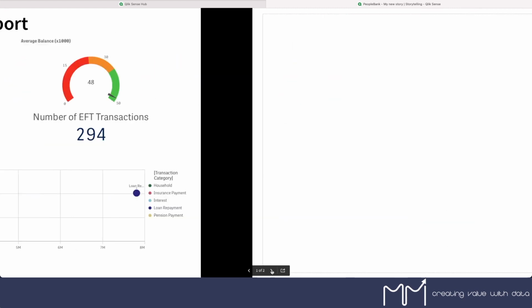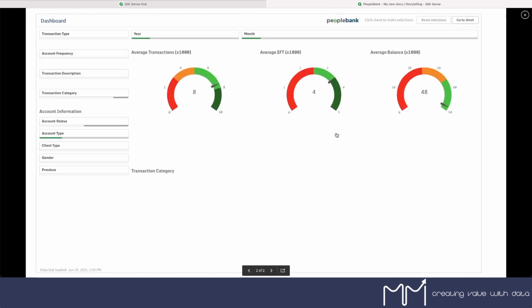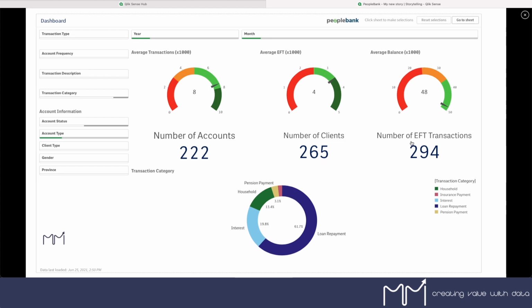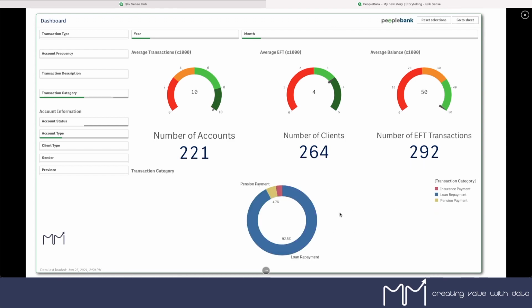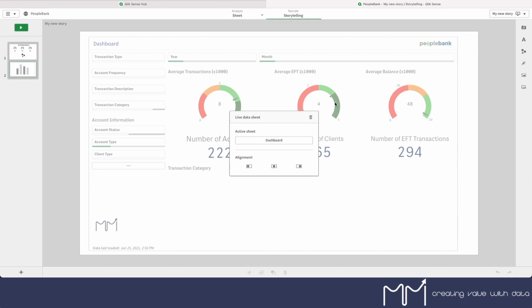Let's go and navigate over to the second sheet. And here's that live view of our dashboard. We can actually go and make selections on this particular story here. I can reset those selections, and then I can actually go back to the sheet as well if I want to interact with it. When I'm done with my story, I can hit close, and then I can just navigate